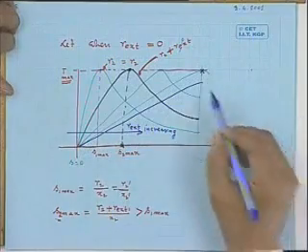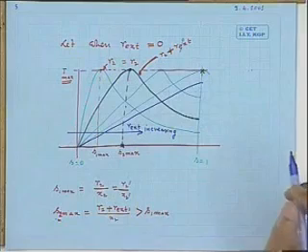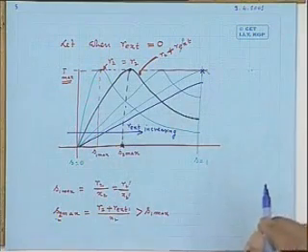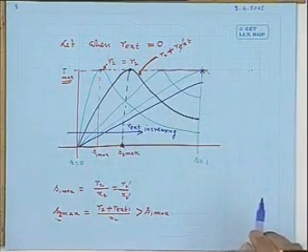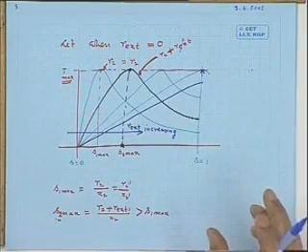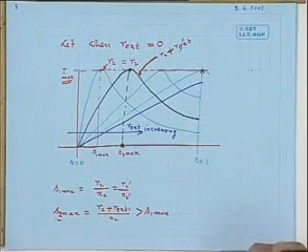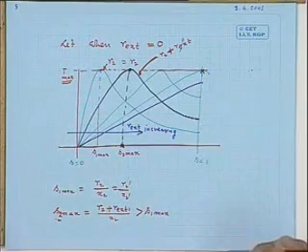So this is perhaps the maximum value of starting torque one can choose. So what I mean to say, see, in a slip ring induction motor, if you want to get a larger starting torque, you can incorporate some resistance connected in the rotor circuit, start the machine,